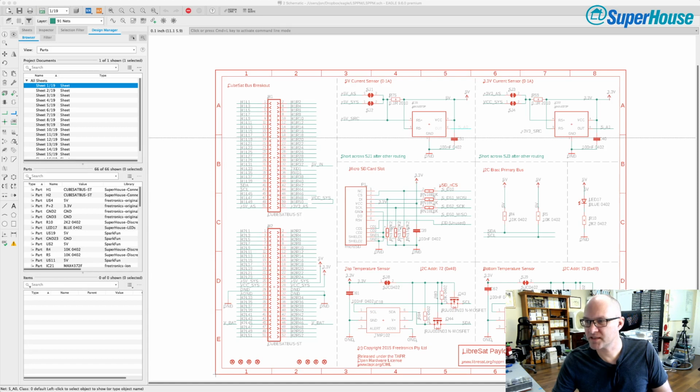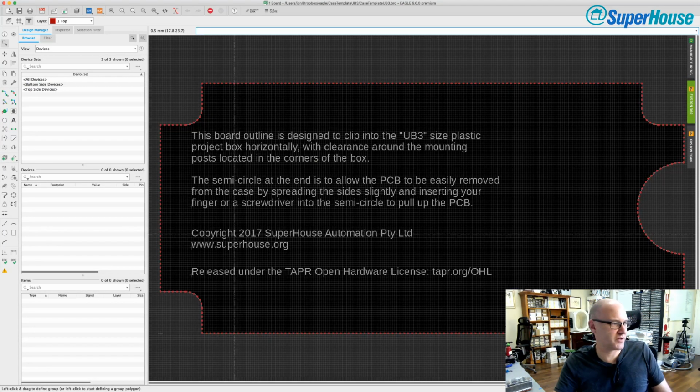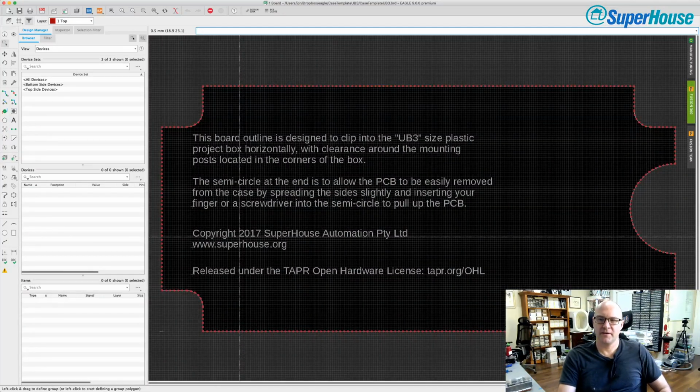Where is it? Case. Okay, so what I wanted to talk about very briefly, and this is quite simple, so it shouldn't take too long, is PCB templates and things that you can use as a project template. Now, I'm going to look at a UB3. I've been doing this, as you can see from the copyright date on this, for a few years. What I have found is really useful when I'm designing projects is